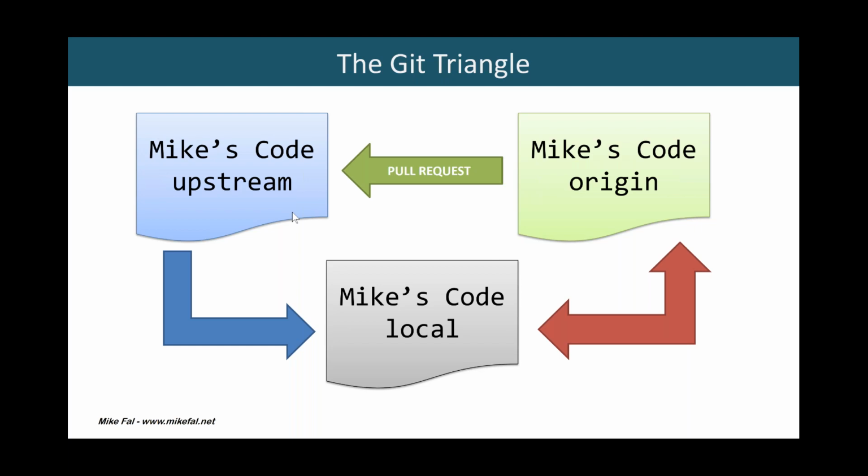So this Git Triangle is really where things start to come together, and it's a process of saying, I'm going to pull the code down locally, and then I'm going to work back and forth. That's what these red arrows here are. I'm going to be pushing and pulling to my own version of this, which is usually a branch, and the label tends to be called origin. So local is what sits on my computer, upstream is the golden source, and origin is what I work with. It could be a fork or it could be a branch, but it's my copy of the code that I'm going to be working on